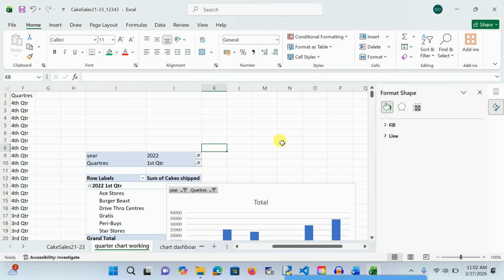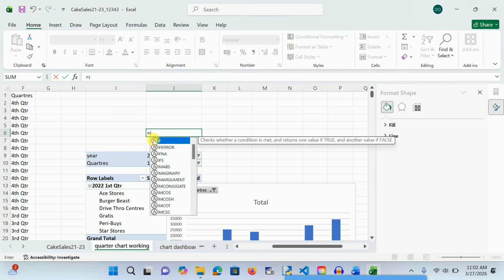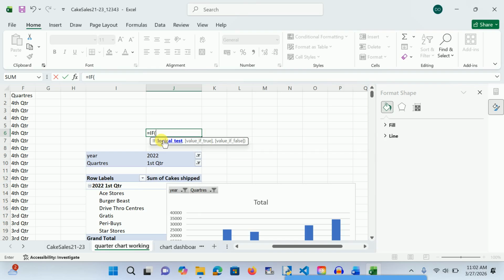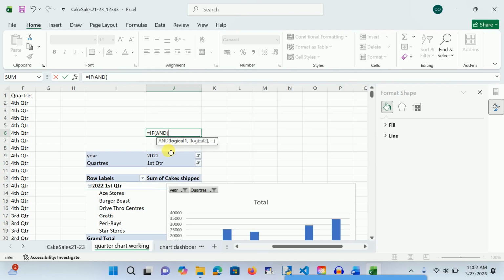So if in both it is all, there is an if and function. So you know how to use if and function. So equals to if and, at the same time, they are used at the same time. If this one equals to all,